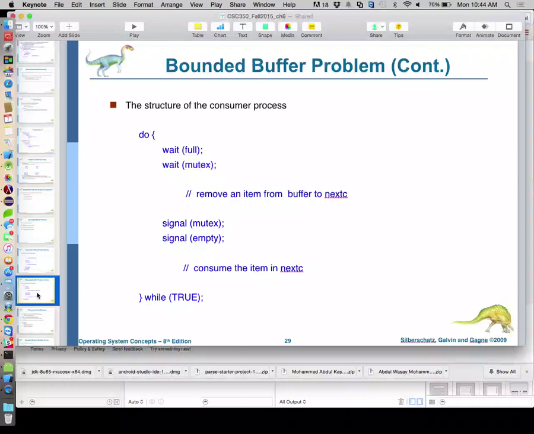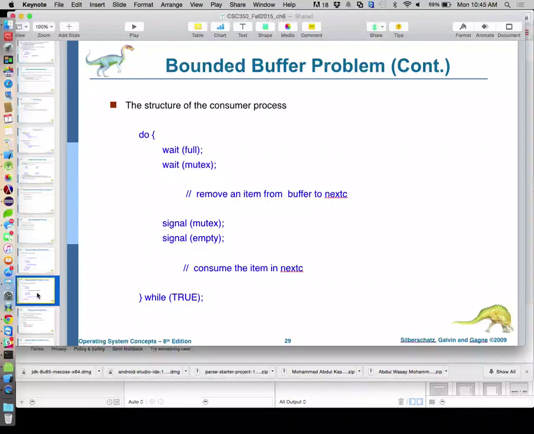So we're using 3 semaphores in order to protect one resource from both producers and consumers. We either A, never let somebody in to consume something that's not there, or B, never let somebody in to produce something when there's no room to put it. So that's the bounded buffer problem. The solution uses 3 semaphores to protect that.